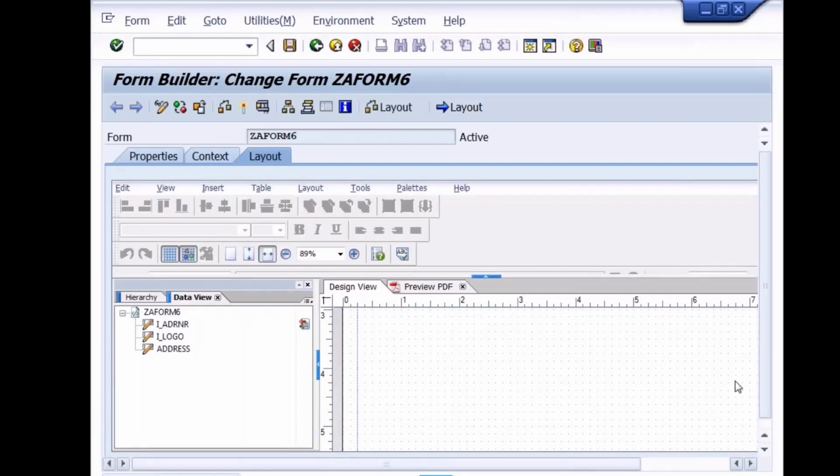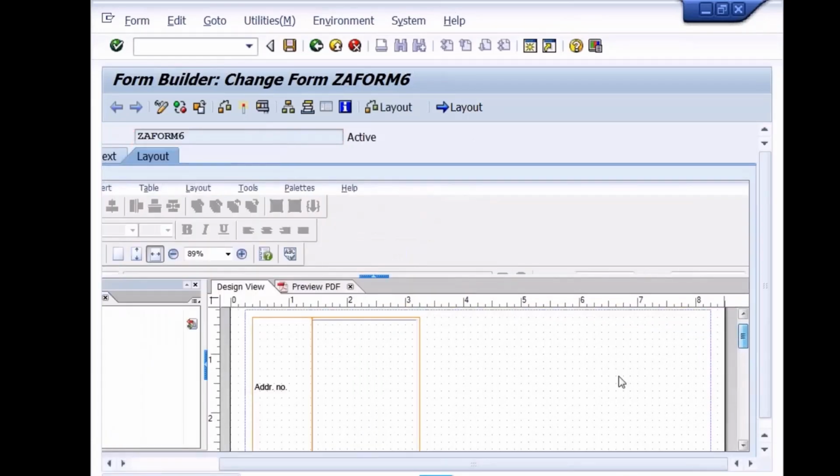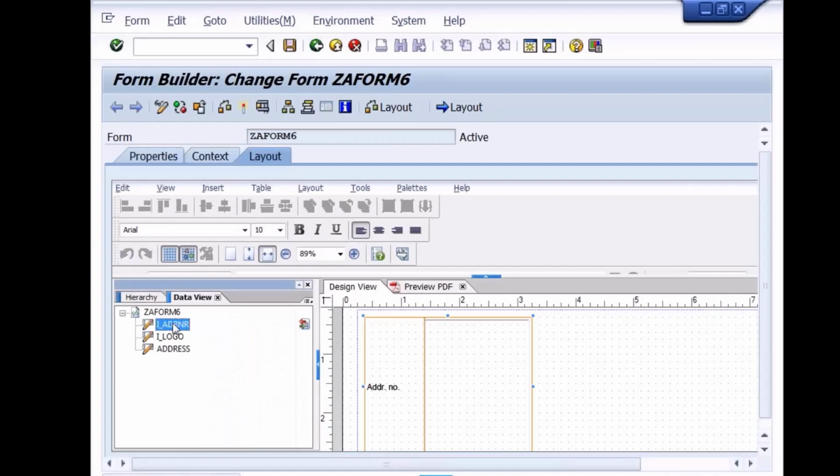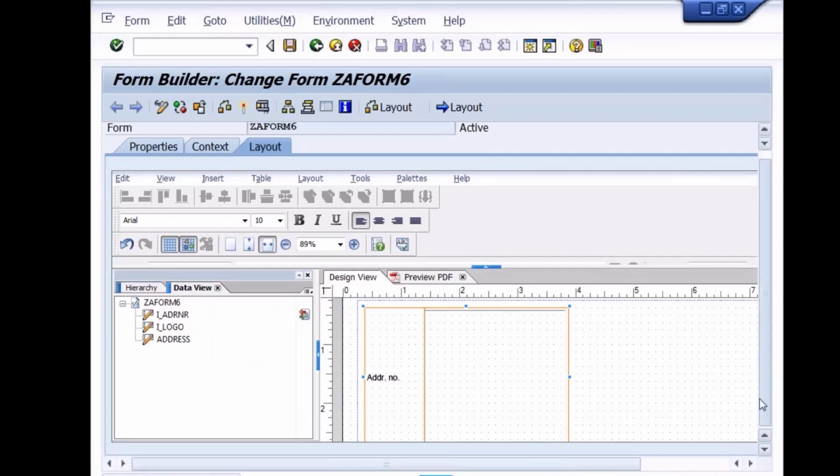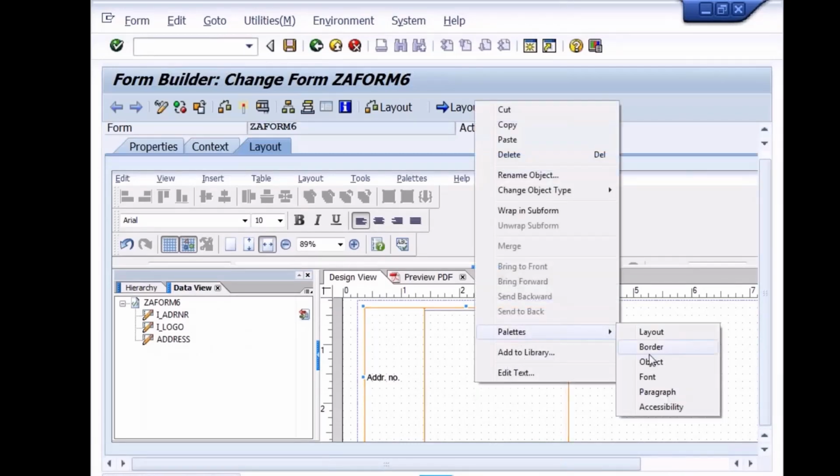Let me check it here. Sir, based upon the address number, we need to fetch the data, no? Yeah, I need not write the query for that. It should come automatically. Okay, this is address number. Now let me go to the address object.